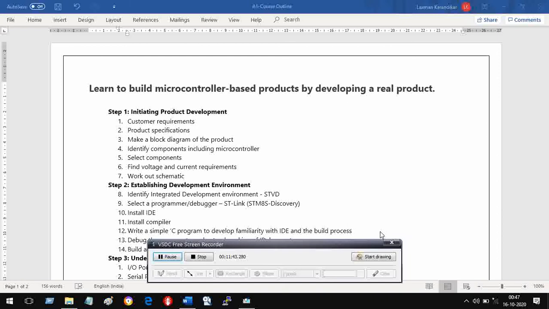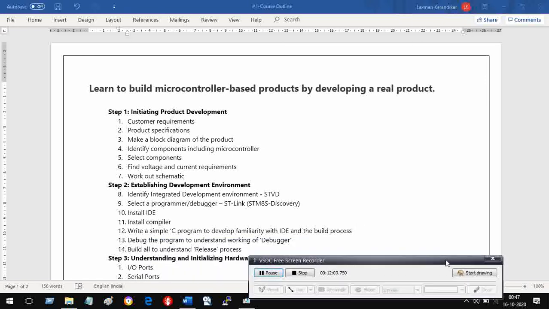That is important. It has to be on your PC. You just saw how I am doing it, but now you will be doing it on your own PC. So that is the real training that will now start. So you have installed IDE, you have installed compiler, and then write a simple C program. So we'll go to this and then debug the program to understand working of debugger, all this. And so we start with the STVD, this thing.